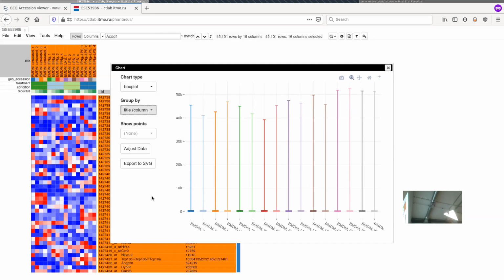Is it working? Yeah. So basically, we see that overall we have a really high range of expression, changing from 0 to like 50K, which is a lot. And you see that the distribution here is very weird. It's concentrated at the bottom, and there are some outliers in the upper part. This is not very nice